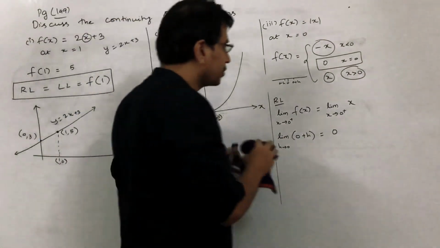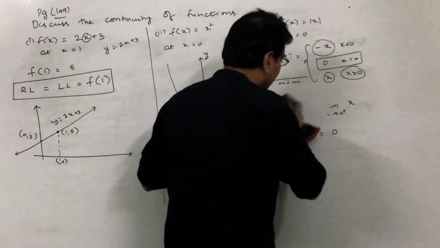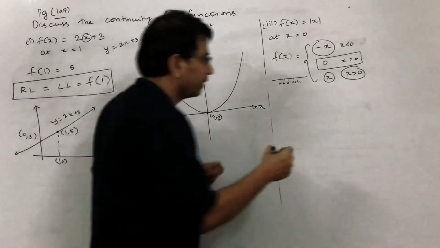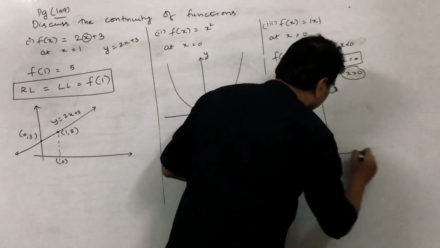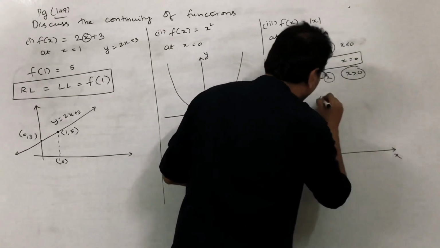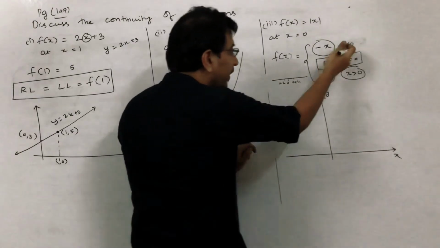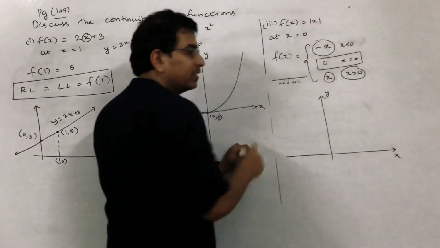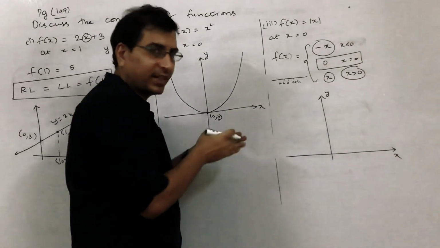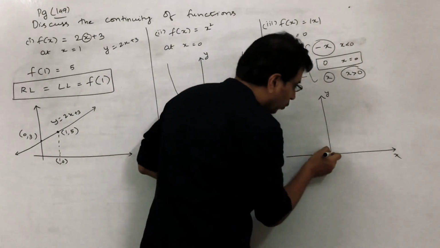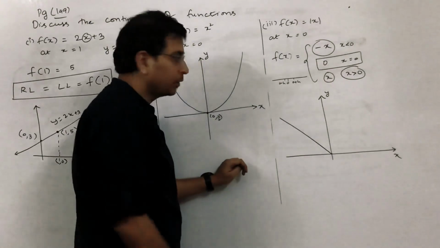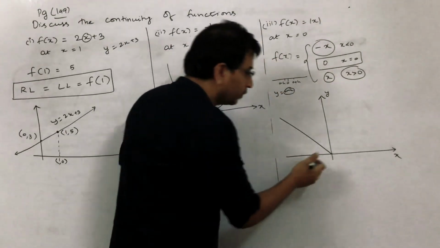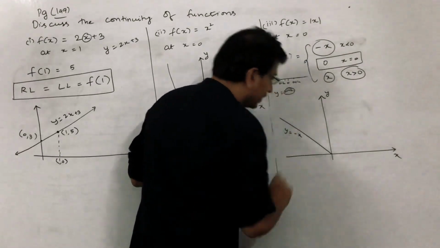Now, the same function, if you try to draw a graph and analyze, how is it going to be? Let's verify whether it is being proved graphically as well. If you observe the graph of mod x, if I take this as x and this as y, when x is less than 0, y is equal to minus x. So, y is equal to minus x is a straight line passing through the origin with a slope of minus 1, because it is of the form y is equal to mx. So, m is minus 1. So, this is y is equal to minus x.